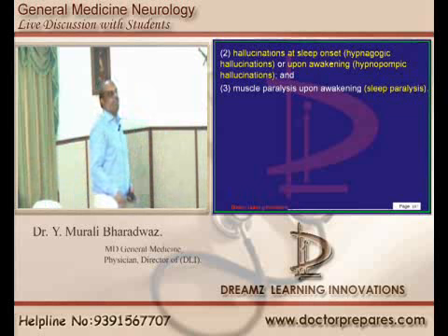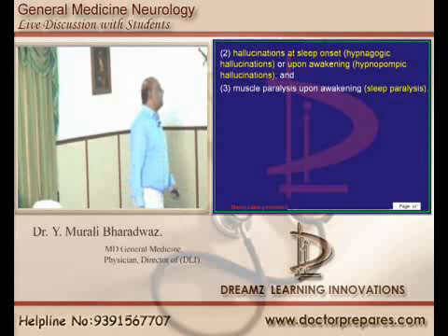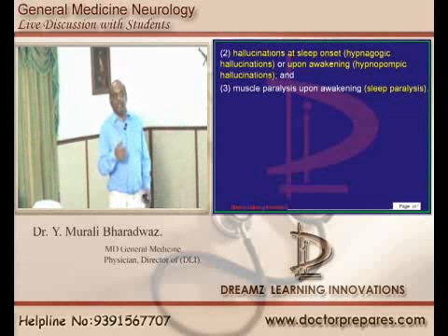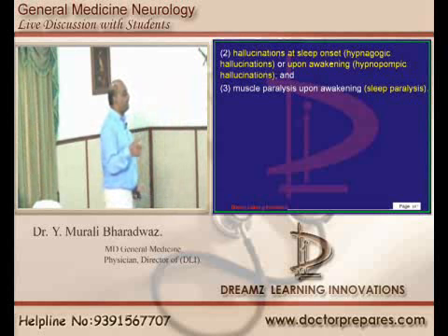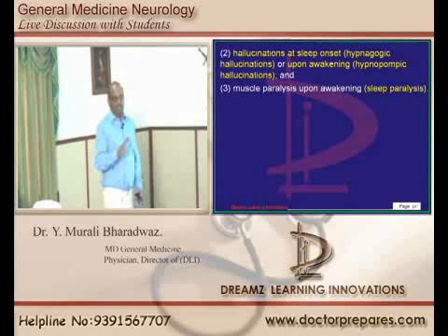So these are all the features. The tetrad of narcolepsy: excessive daytime somnolence along with cataplexy, with hallucinations which can be hypnagogic or hypnopompic, along with sleep paralysis, is basically called the